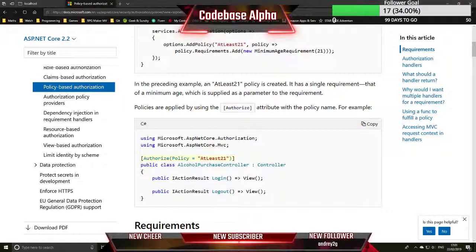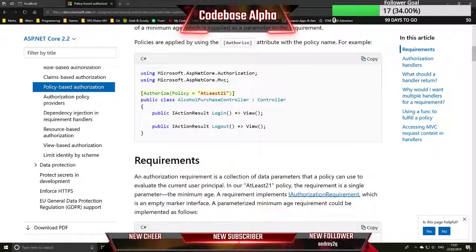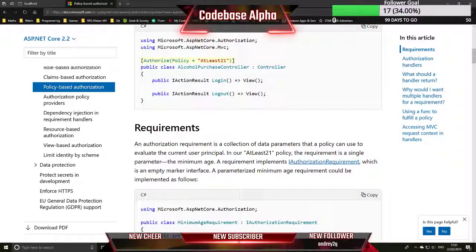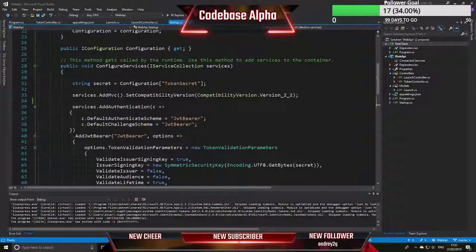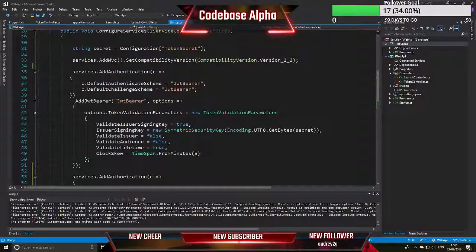We're using .NET Core 2.2 with the latest build of that. And then over in our Configure method,